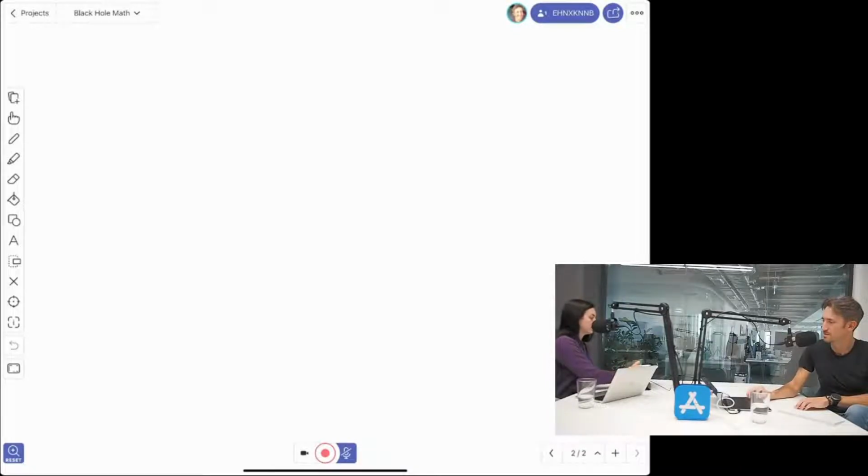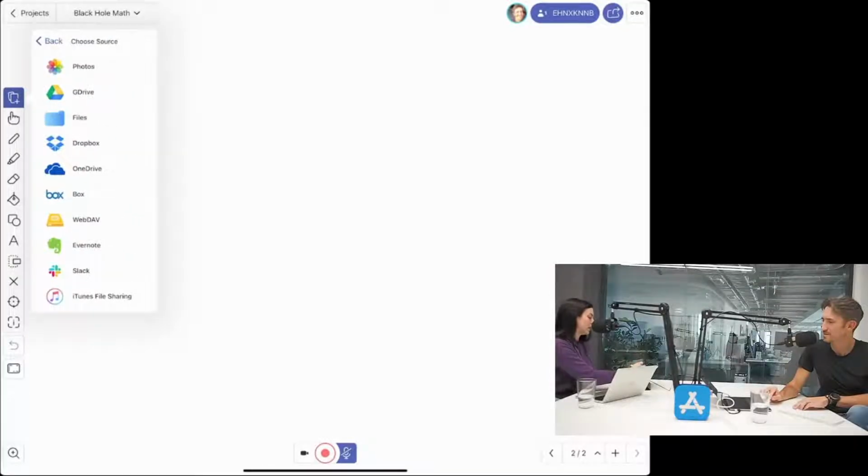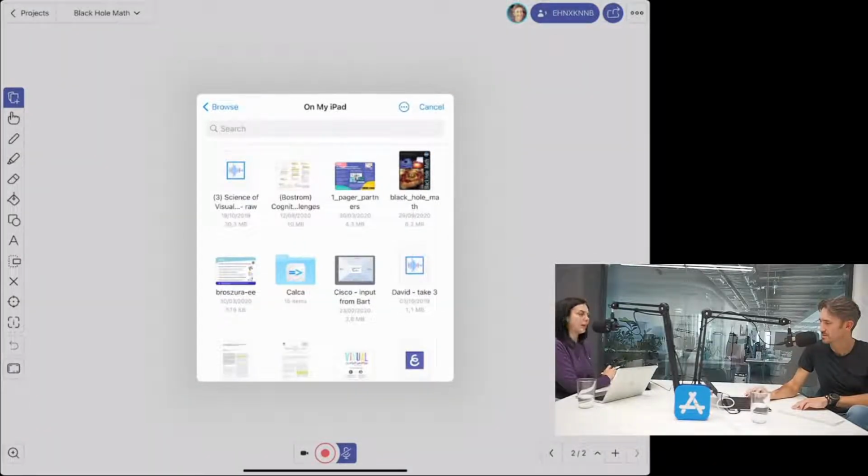So I'm going to go to Add Media right here. Add Media is going to be your best friend. The Add Media icon is going to be your best friend no matter what you do in Explain Everything. And then we're just going to go to File. Notice all of the locations that you can store your files in, so wherever you prefer. The book that I'm looking for happens to be in my files folder right here on my iPad,